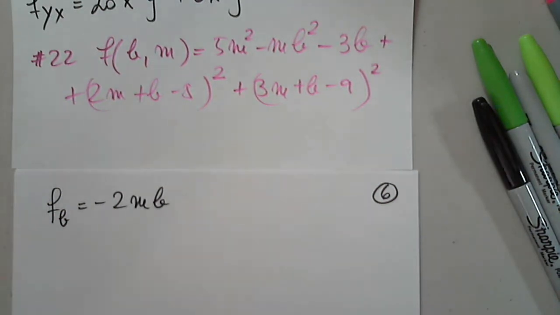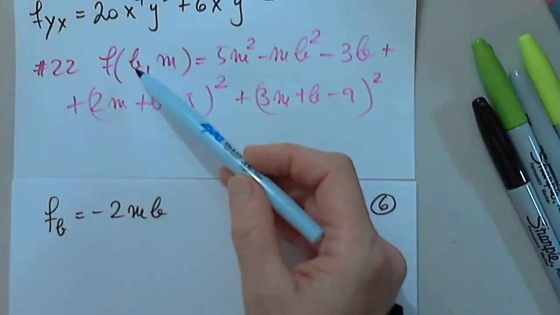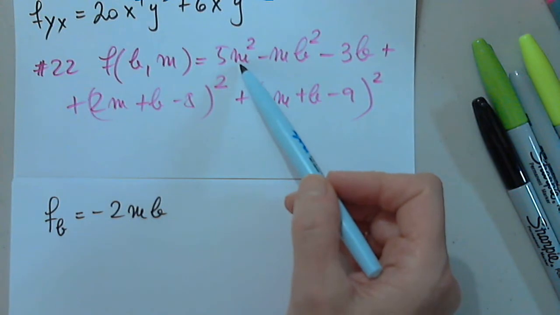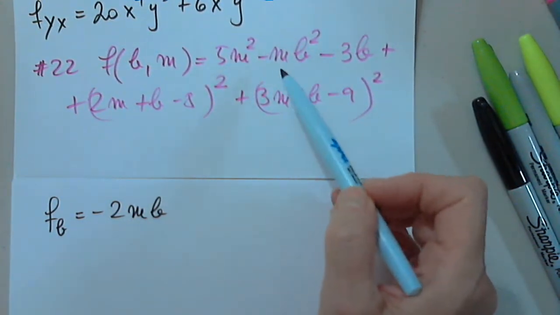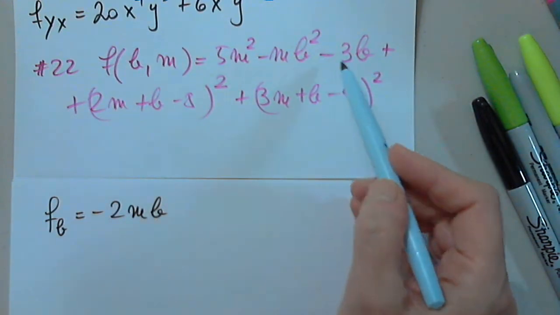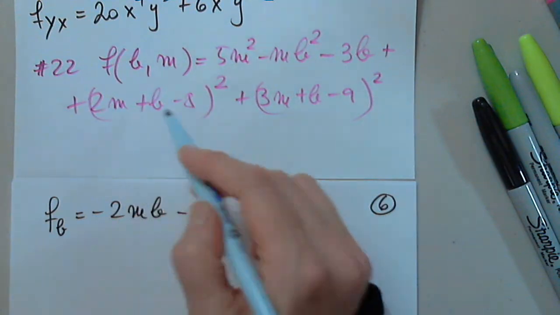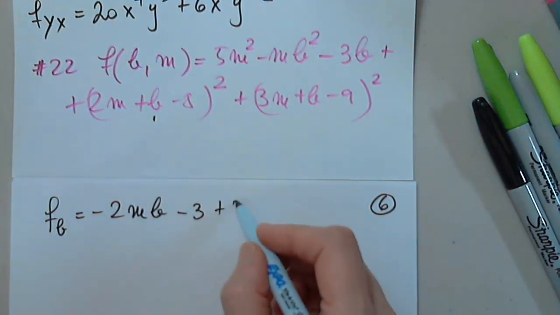I'm sorry. Let me start from the beginning. I'm differentiating with respect to B, which means M is a constant. This does not have B in it, so it's 0 when I differentiate it. When I differentiate this with respect to B, I get negative 2MB. When I differentiate this with respect to B, I get negative 3. When I differentiate this with respect to B, this is the only variable, I have positive